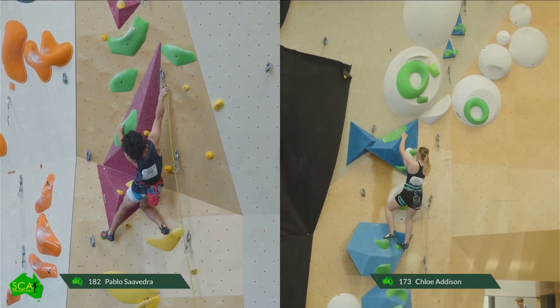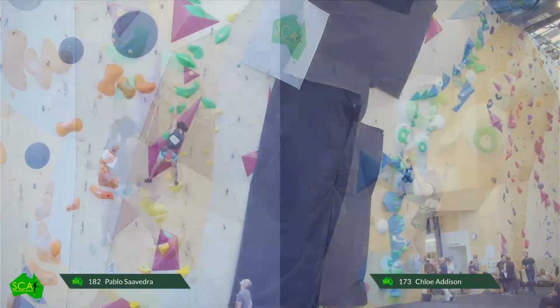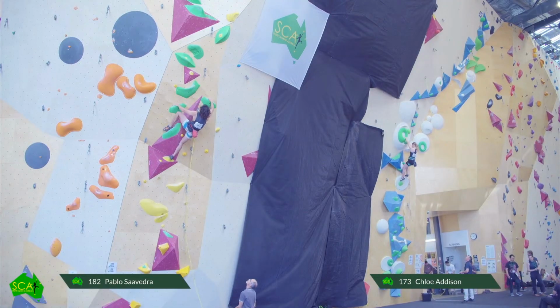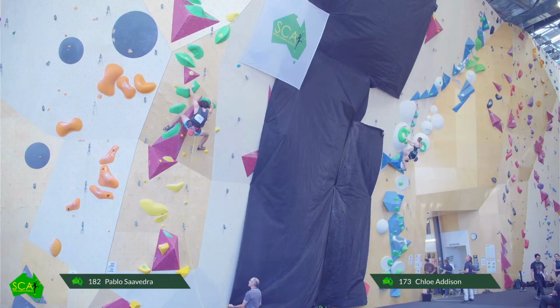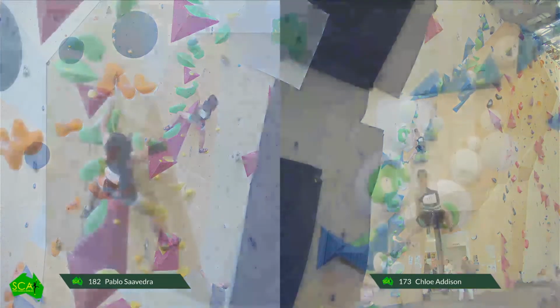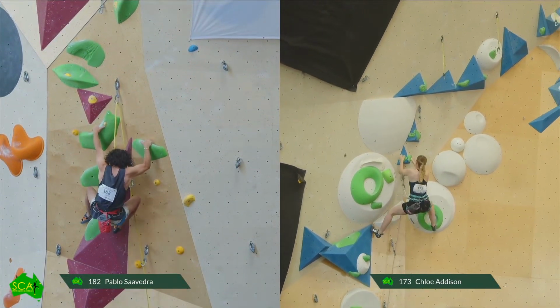Early days, though. These starts all seem to be quite straightforward until this first double ring thing here, where a little bit of height, just a few moves to get the flow underway, but then it starts to kick in, by the look of it. All right, Pablo ready to go.